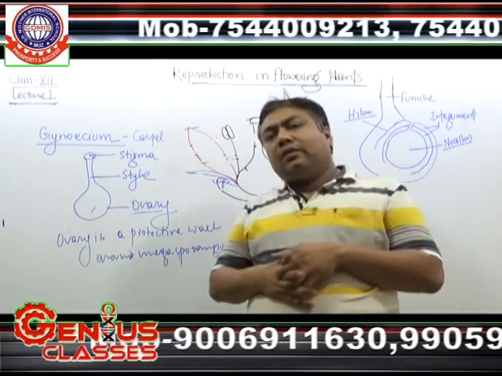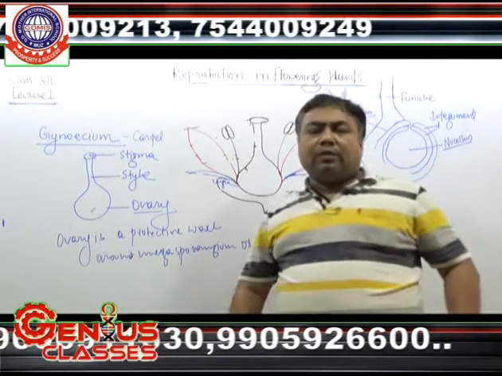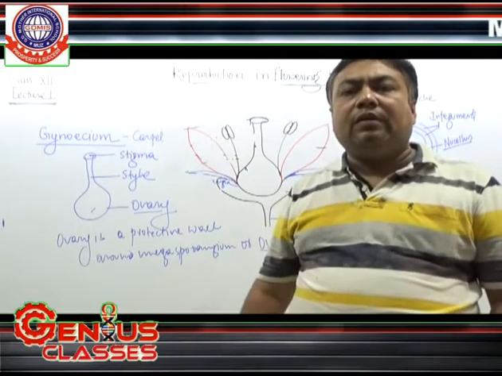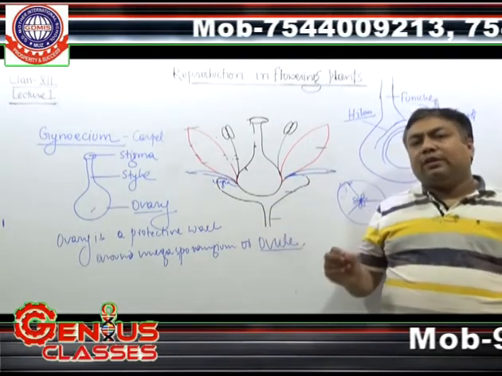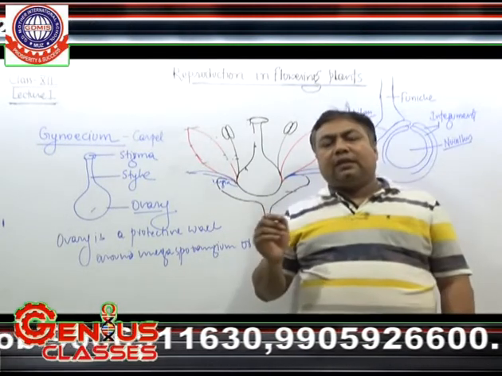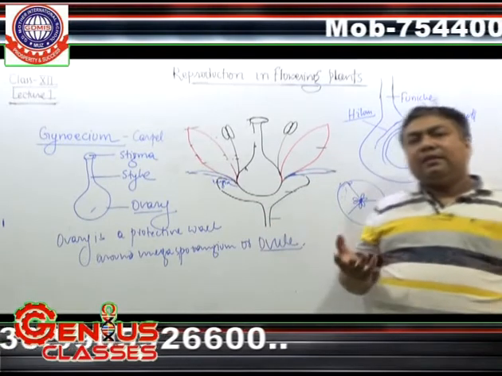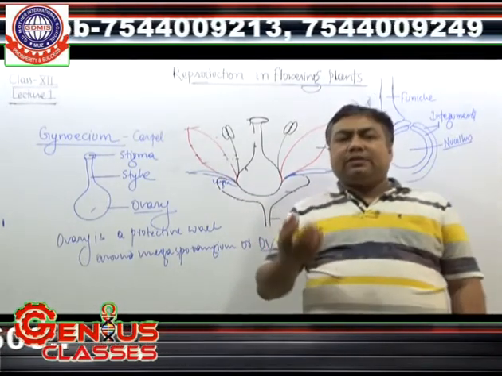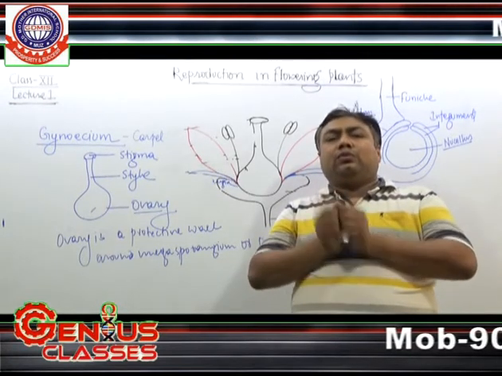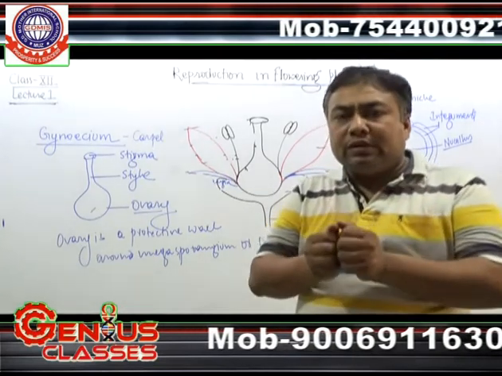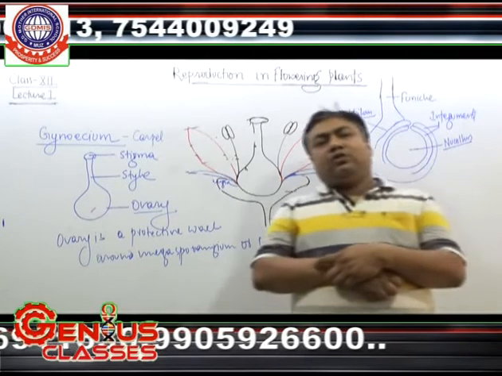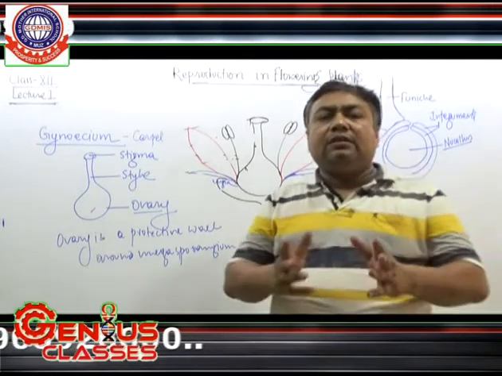Then we come over the third whorl from outside and second from inside, which is androecium, the male whorl of a flower. This whorl is made up of individual unit called stamen. A stamen contains two parts, anther and the filament. Anther is a structure which is dithecous. That means they are made up of two different units or thecas, and each theca has two lobes, and each lobe has some central cells which are sporogenous